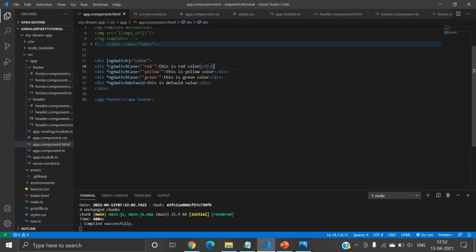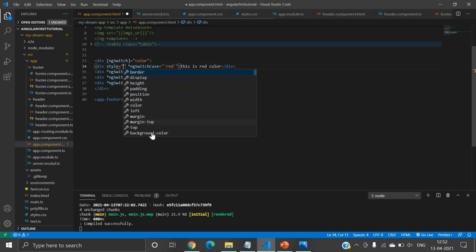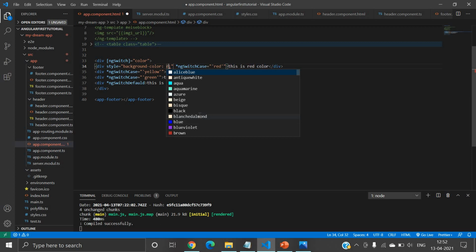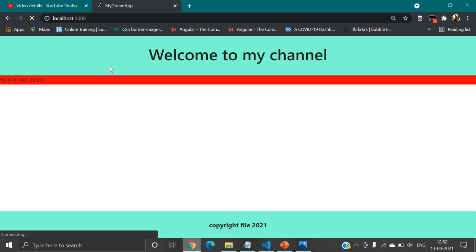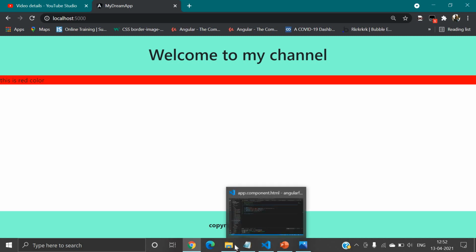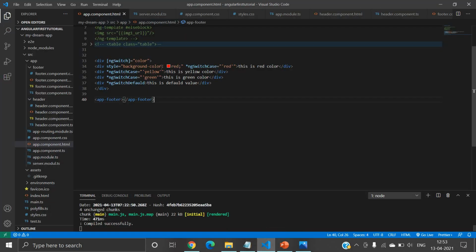So this is a very simple way you can use it. Now I will use style, and right here background color red, and I will save again. Now here you can see it returns a true value, meaning red color.